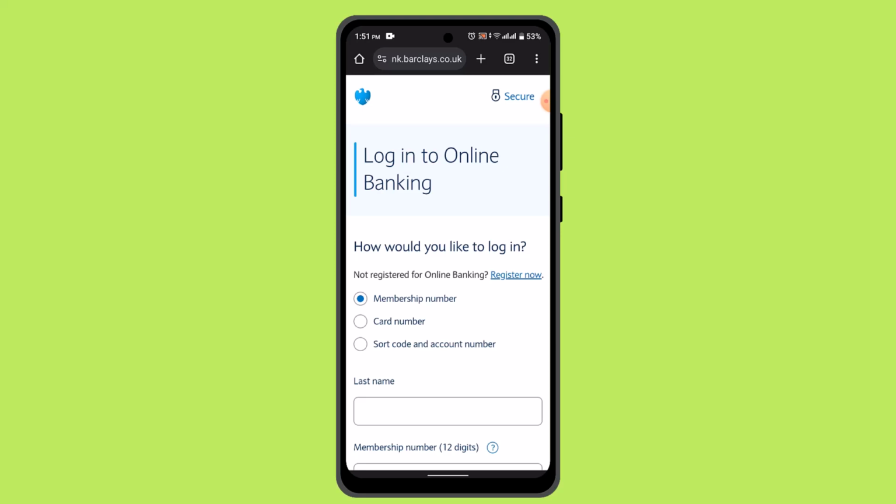And once you've accessed the product section, you should see a list of available financial products and services offered by Barclays. This may include loans, savings accounts, credit, mortgages and more, and choose a specific product or service you're interested in applying for. For example, if you wish to apply for a personal loan or open a savings account,